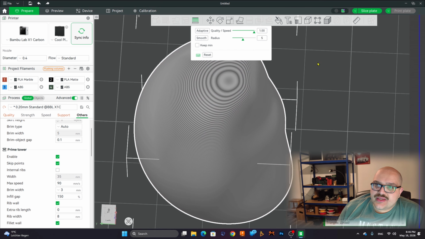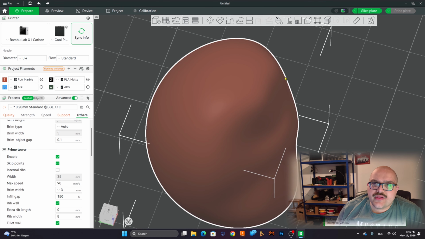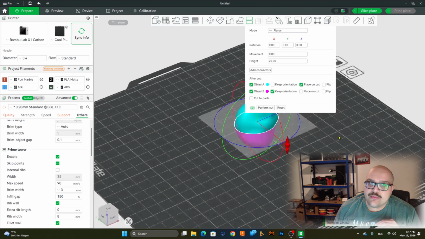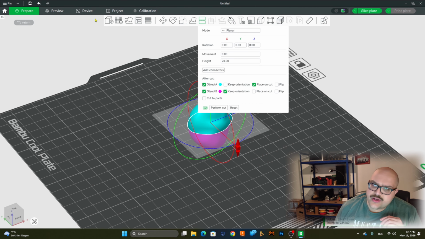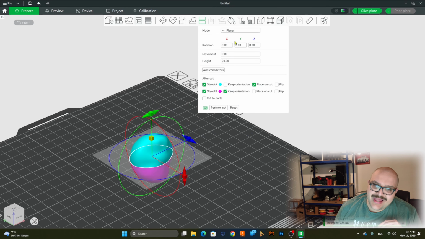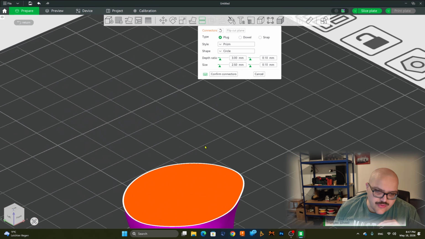Let me just reset it right here. The other thing I would like you to see, guys, is this one. This is the cut tool, and this is especially for you guys that are creating really large items. You could design things in your design software to be puzzled together, but you may want to cut them, and you can do that in Bambu and other slicers as well. And right here, you can have two modes. That's the planar, and if I add connectors right here, I can just go there, click,